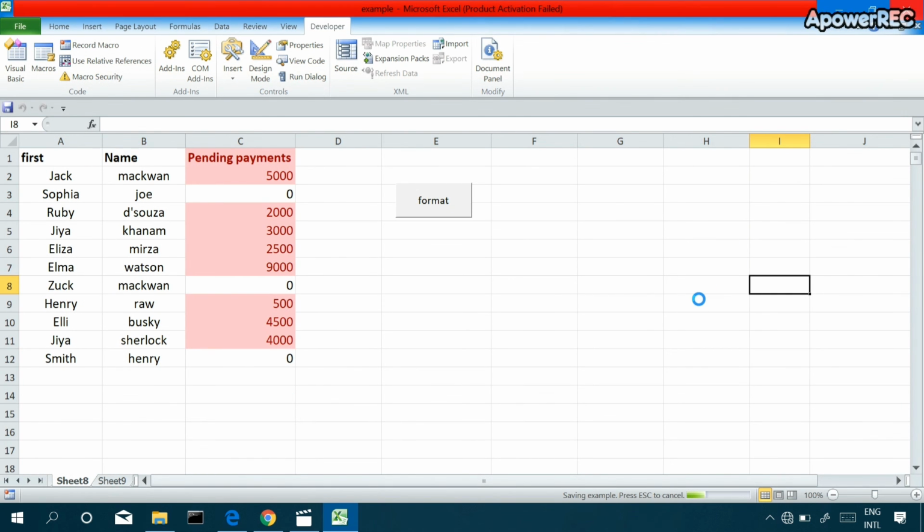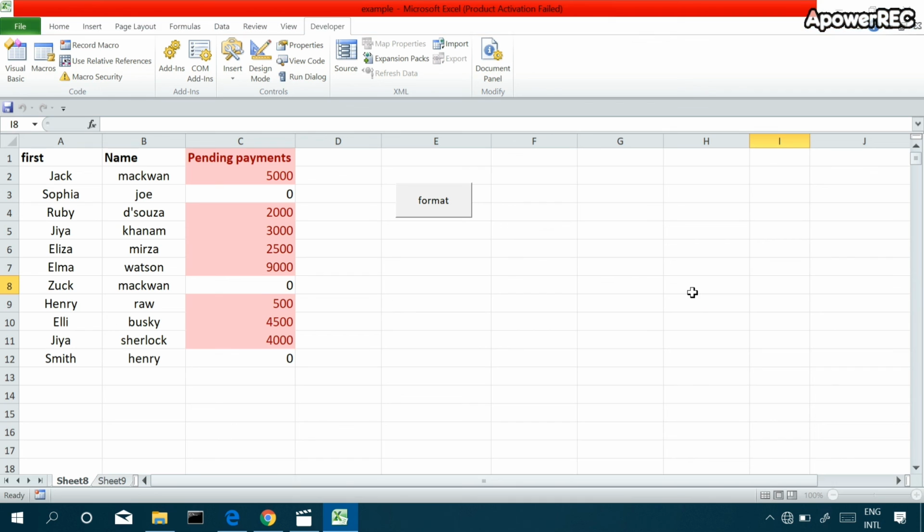So in this way you can create a simple macro in Excel. Especially it is very useful in repetitive tasks. You don't need to do the same task again and again every month, week or day. With the help of macro, the computer itself will do them for you. In this short video, I wanted to give you an overview of macros with a particular example.